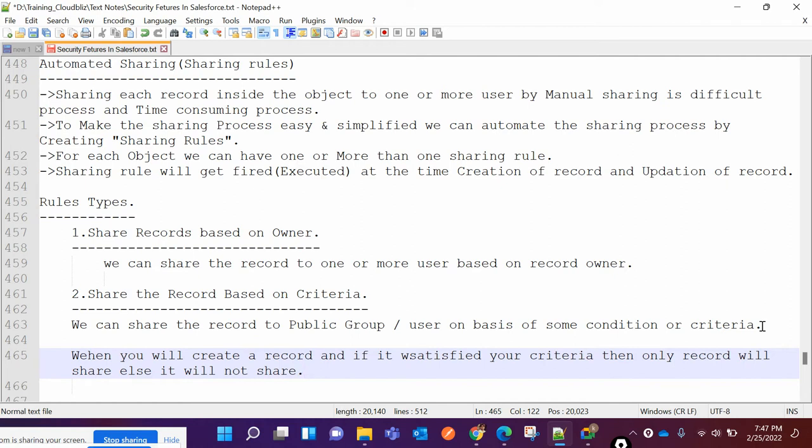ओके, क्लियर है? क्लियर है क्या? यस और नो? ओके फाइन।